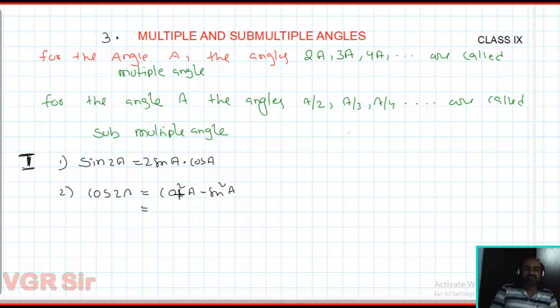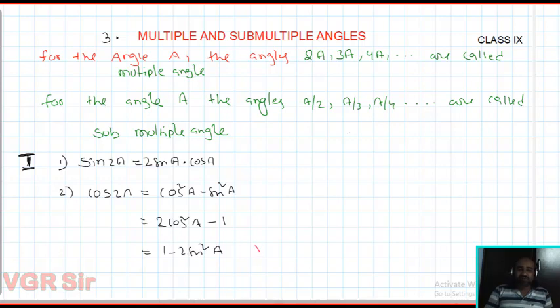So this is the cos 2A formula in terms of both cos and sin. Sometimes you want to convert only in terms of cos. That is nothing but 2 cos square A minus 1. This is also the same as 1 minus 2 sin square A. So these are the three formulae for cos 2A. Sin 2A also has several, but initially sin 2A means 2 sin A into cos A. Cos 2A means cos square A minus sin square A, or 2 cos square A minus 1, or 1 minus 2 sin square A.